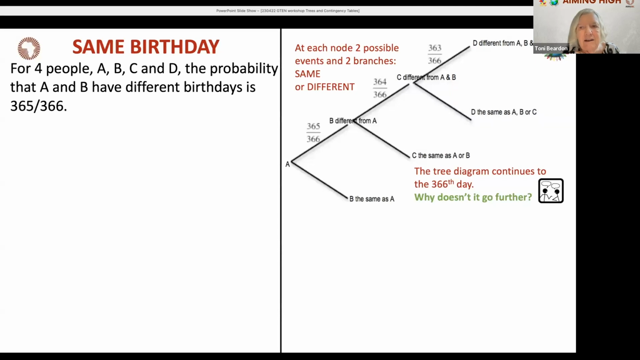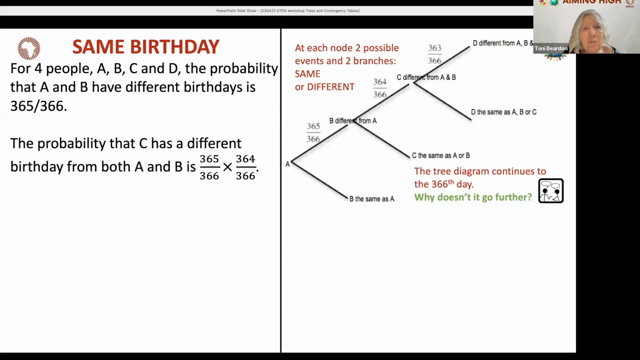Why? Why doesn't it go any further? Okay, so the probability that C has a different birthday from A and B is 365 over 366 times 364 over 366. Notice the denominator of that fraction is the number of birthdays in a year. And the numbers on the top tell you that the last person has a different birthday from everybody